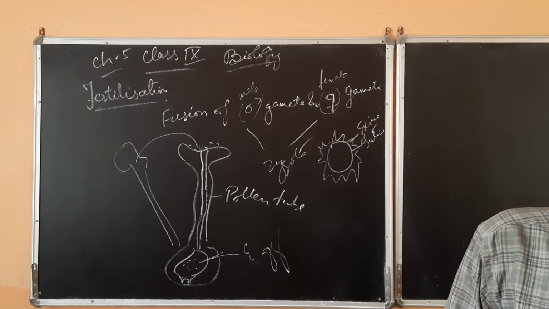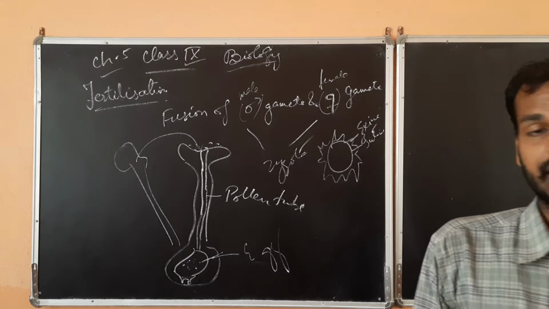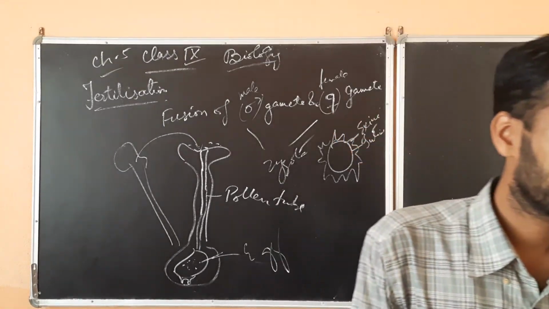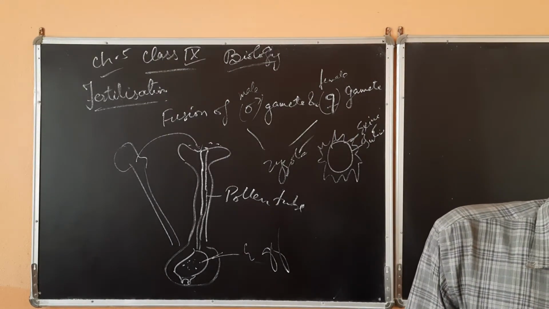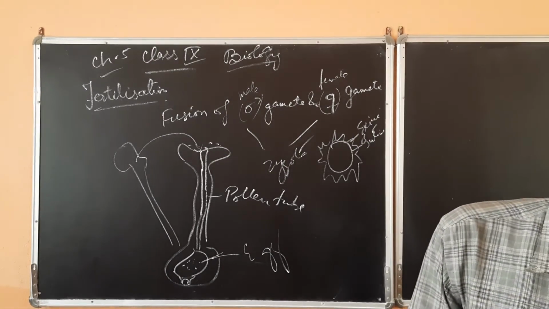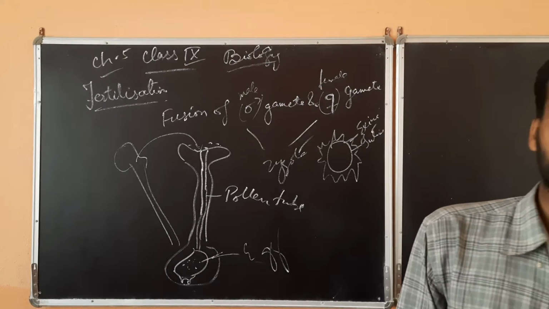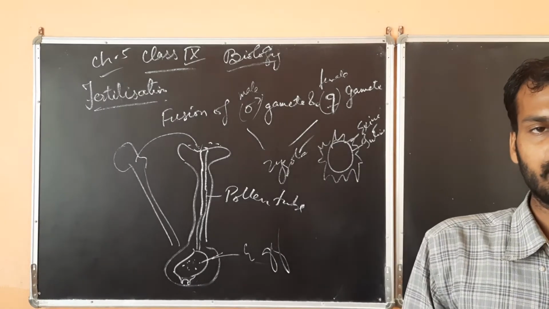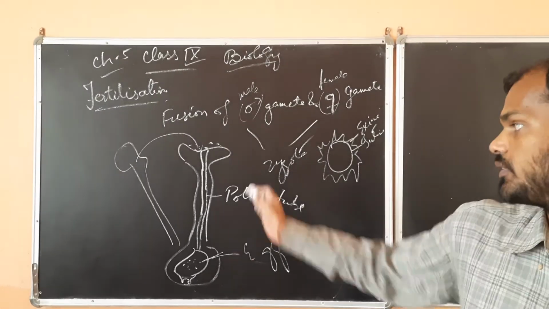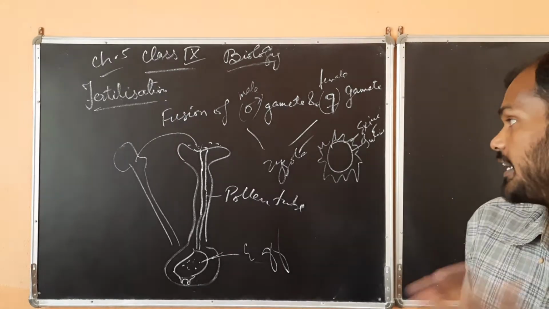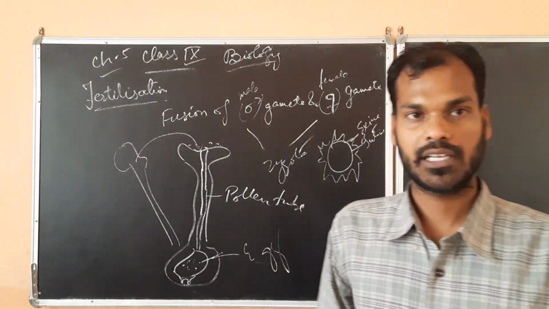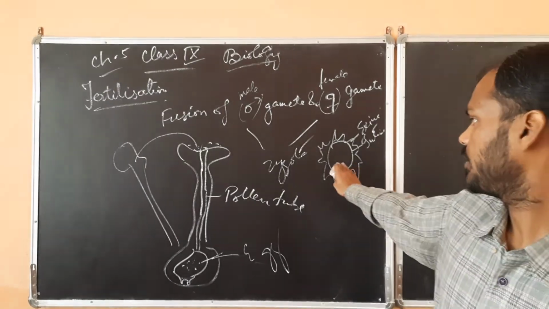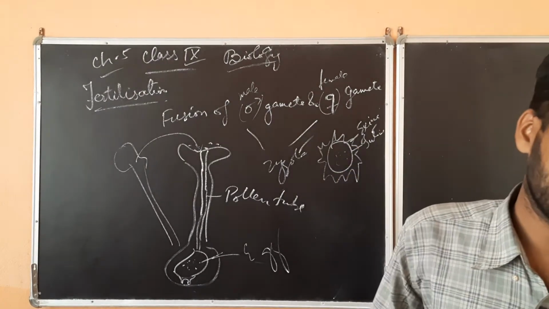Okay, and the pollen tube grows through the style, and it also secretes some enzymes and digests the reserved food present in the tissues of the stigma and style. Afterwards, the vegetative nucleus, here the vegetative and generative, two types of nucleus are there. The vegetative nucleus is responsible for the growth of the pollen tube, and inside there you will have the generative nucleus.